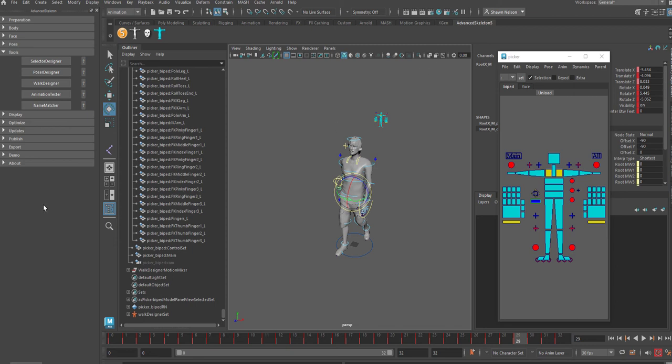AdvancedSkeleton5? I don't know if any of you have used 3D Studio Max before, but it has a thing called Biped, and Biped has a thing called Footsteps, where you can do this same sort of thing. It has little footsteps, and you go boop, boop, boop, put them over, and then you tell it how long you want it to take, and it will match those footsteps. And so you can have it make a jump. If it can't reach from one to the next, it automatically goes into a jump and then goes over to it. And then you can bake it out like I did here and